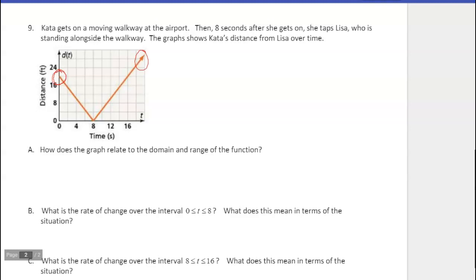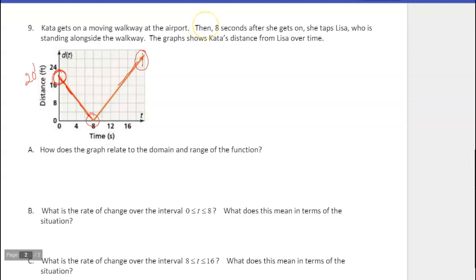So what happens over here is when she gets on the walkway, she is 20 feet away from Lisa. And then during this time, since this is decreasing, her distance from Lisa gets smaller, until she taps her here, at 0 feet away, and then she proceeds to ride away on the walkway, and she keeps going. And the problem doesn't give us an endpoint. So in this time, since there's an arrow here,